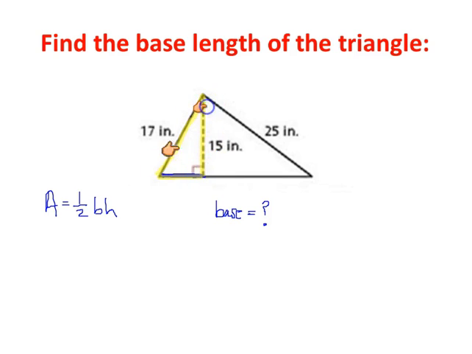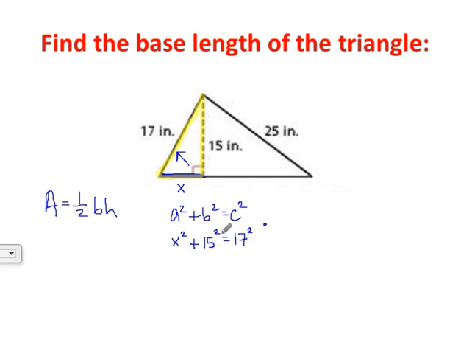So remember, we can use the Pythagorean theorem when we know 2 out of the 3 side lengths. So let's go ahead and find this length. We'll call this x, using the Pythagorean theorem. The Pythagorean theorem is a squared plus b squared equals c squared, where c squared is always the hypotenuse, and that's always the length opposite to the right angle. So our hypotenuse here would be 17. We're going to square that. We'll call side A x, and then we're going to add 15